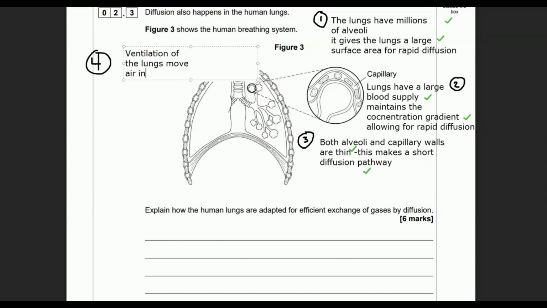Again, it moves oxygen rich air in, and carbon dioxide rich air out,